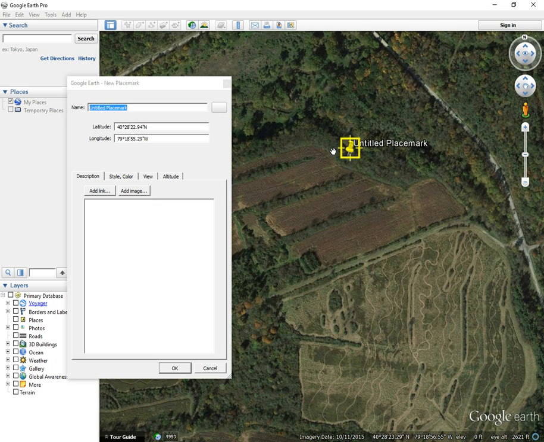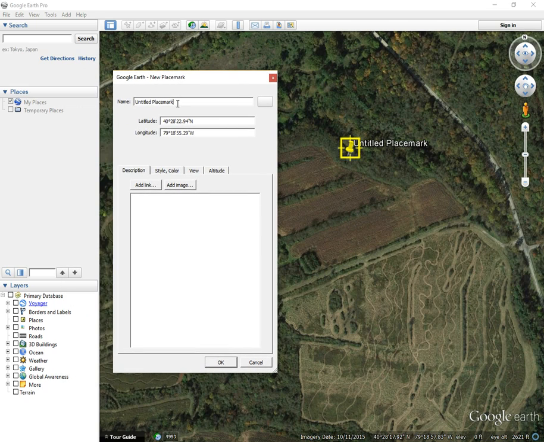Alright, so once you've got it where you want to place it, let's go over here to the place mark pop-up window and add a name. Let's call it deer stand. You can also add some description if you want. We'll say it needs repair. Alright. And then next, if you want to edit the look of your icon, you just click this button